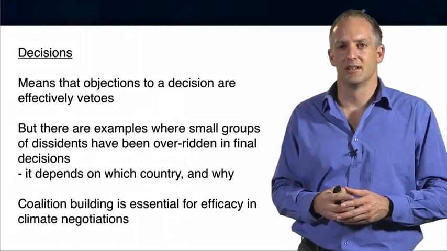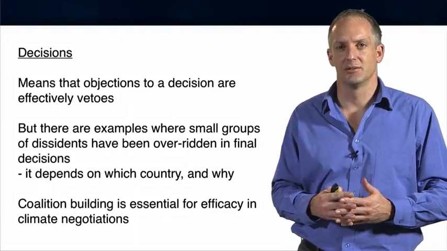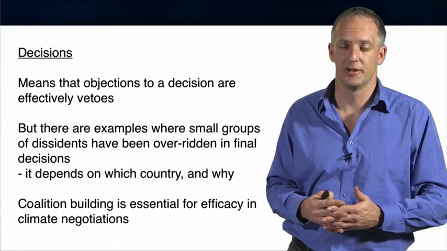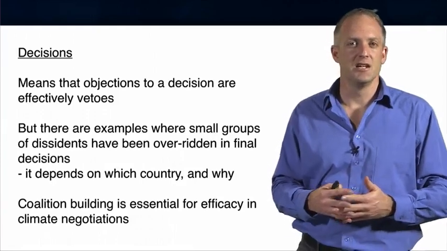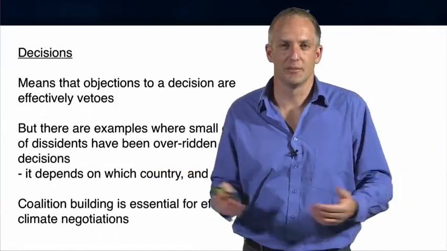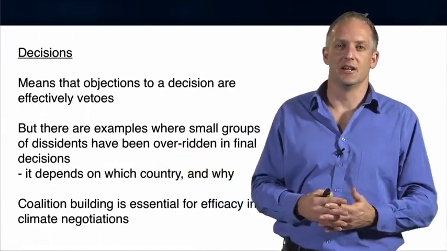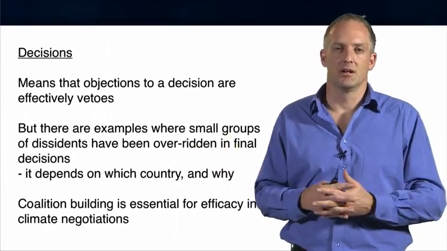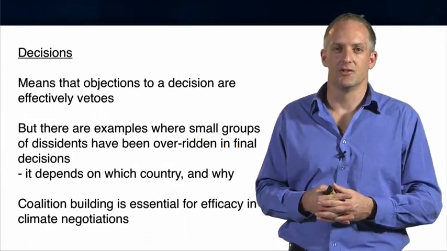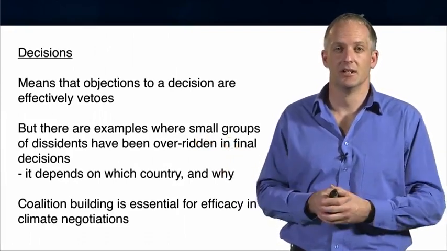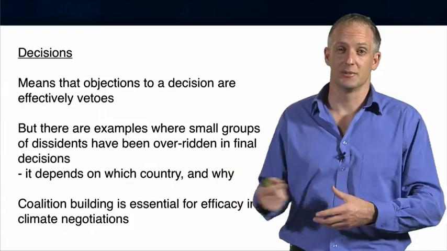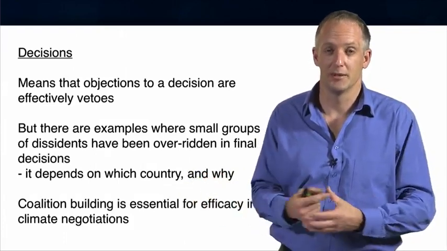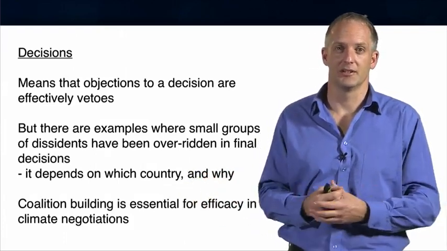So what it means is, effectively, any objection to a decision, any objection to a proposal by any country is effectively, at least for a period of time, a veto. If 192 parties, or whatever the majority minus one is, says we would like to create a working group on coral reefs, and one country says no, then that's a veto. It will at least have to go into a subsequent discussion to make that party agree, and that may, depending on who the party is, become very slow and really drag things out.